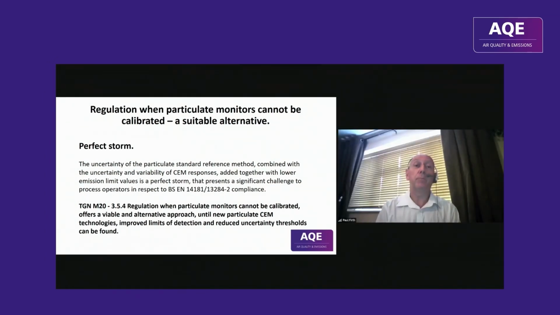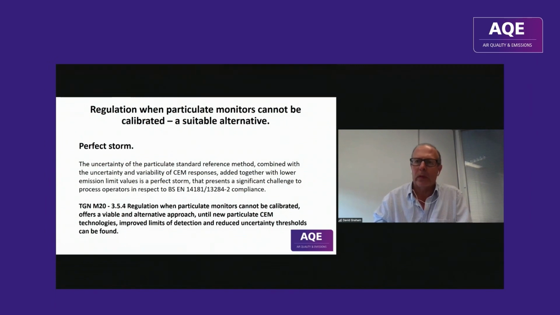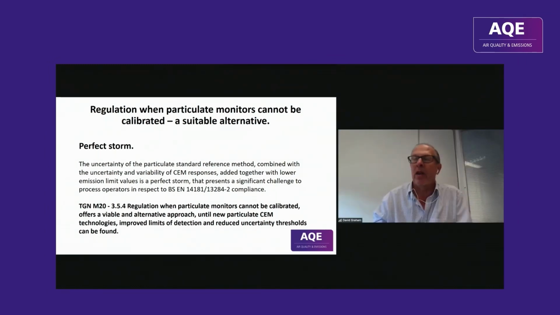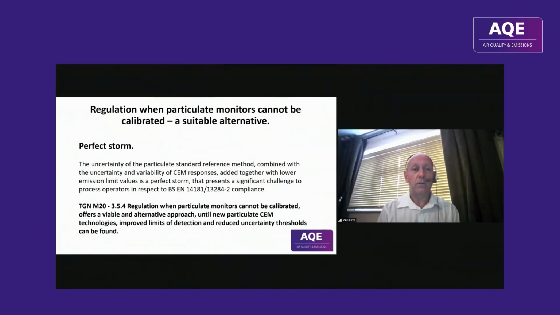Yes. And personally, I think it would be really valuable to revisit the validation of the 13284 Part 1 standard, just to see where we are with that variability and uncertainty in the present day with extended test times. Without question, improvements have been made in testing the standard reference method at low dust, but we haven't got a feel for what uncertainty and variability we have today. We always felt you should be able to maintain about 10% uncertainty down to about 3 milligrams per meter cubed, with suitable care,